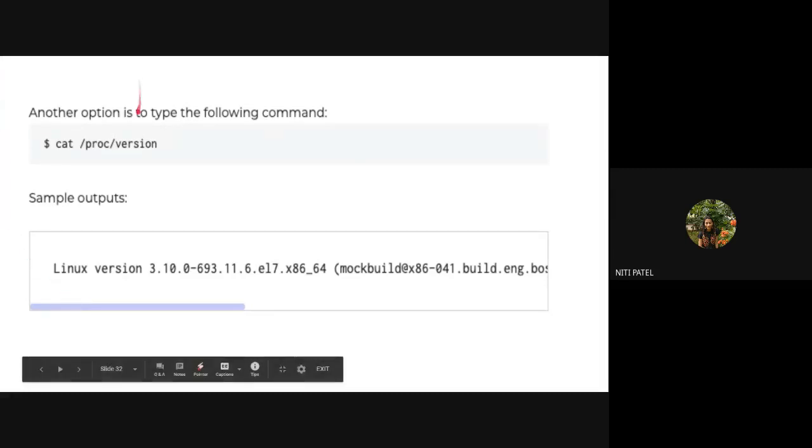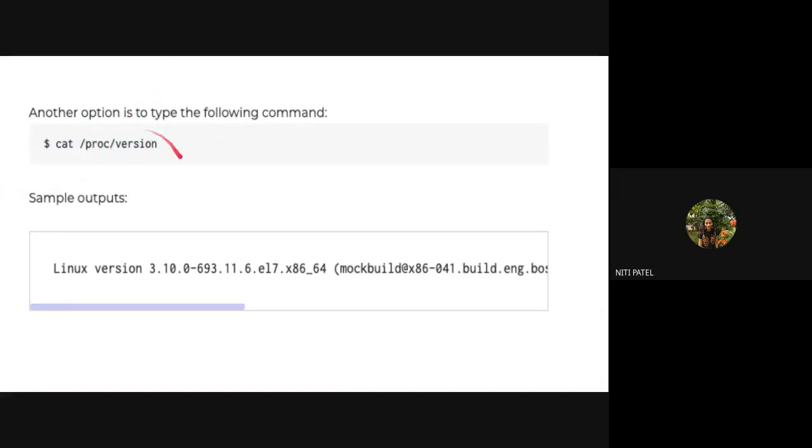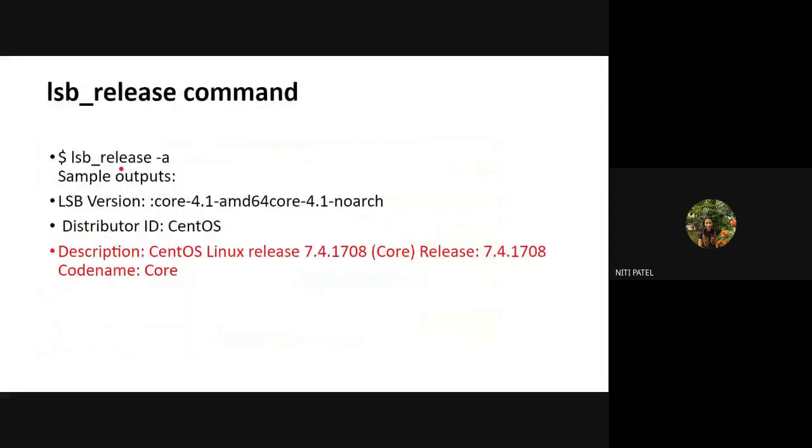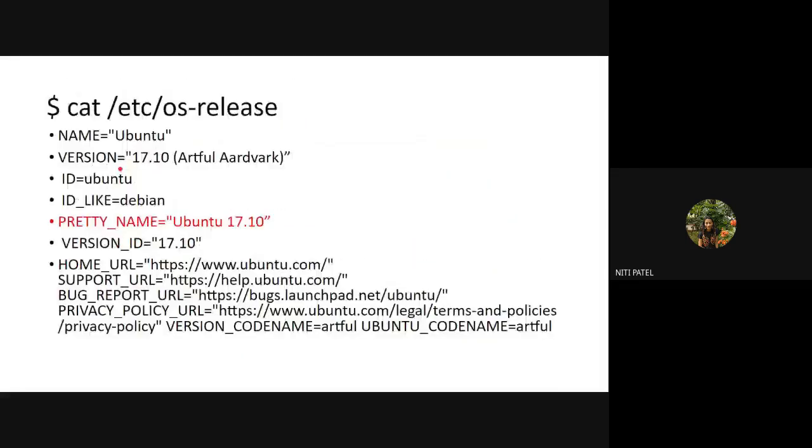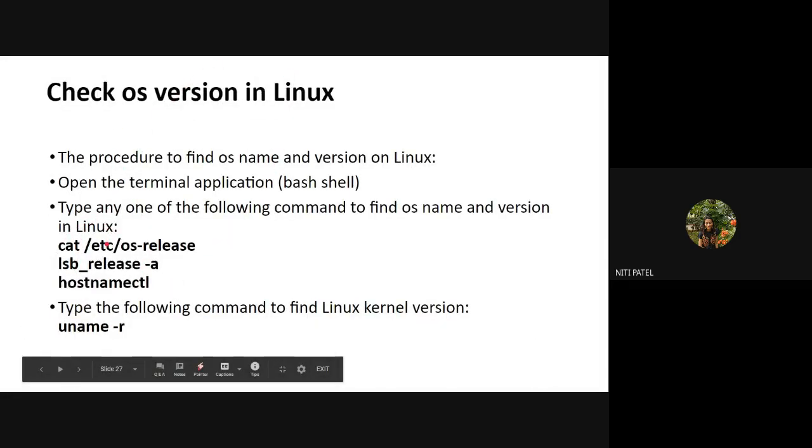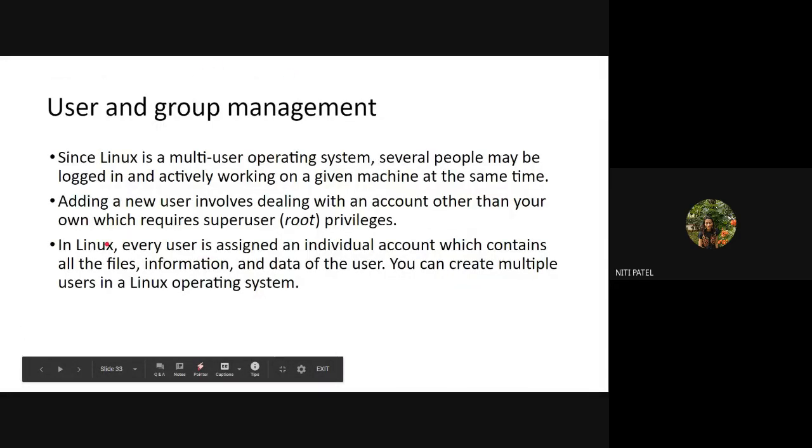There's one more command, cat /proc/version. So if you execute this, that will also give you the version number of Linux installed inside the computer. So Linux version 3.10 is installed inside the computer. So this is optional. If you want, you remember, but these four are compulsory. These four are supposed to be learned by you to remember the version of the operating system. Is this clear up to here?